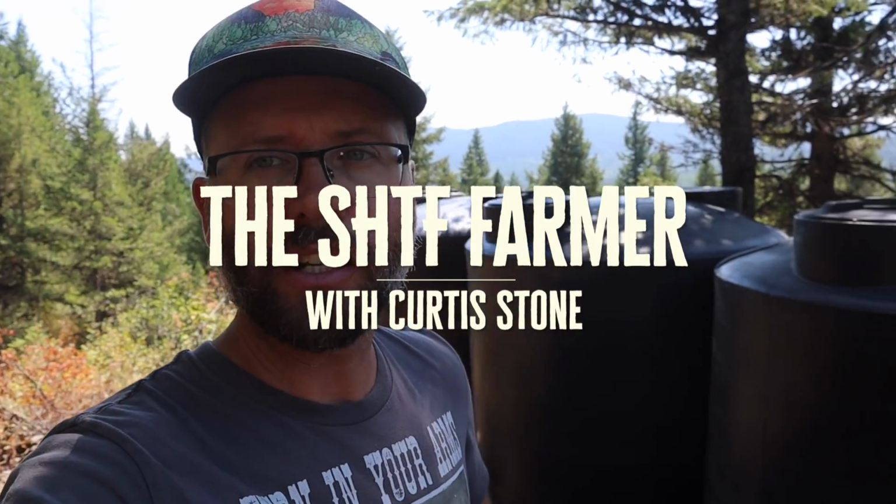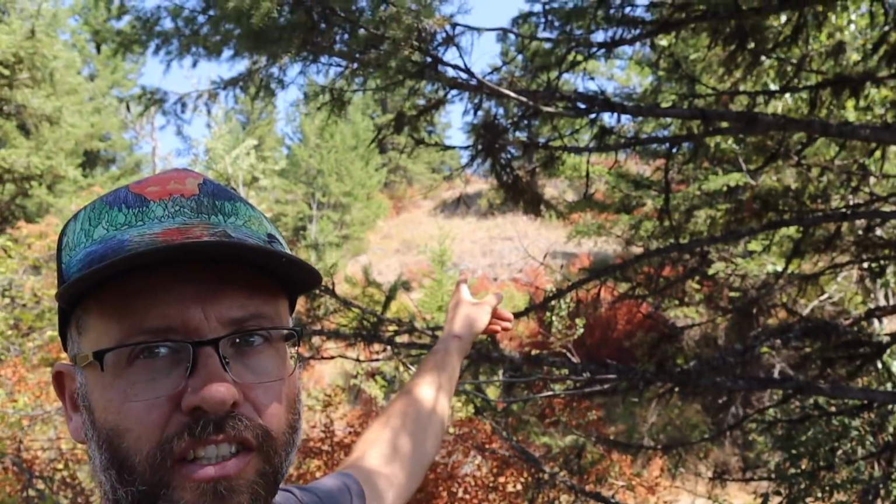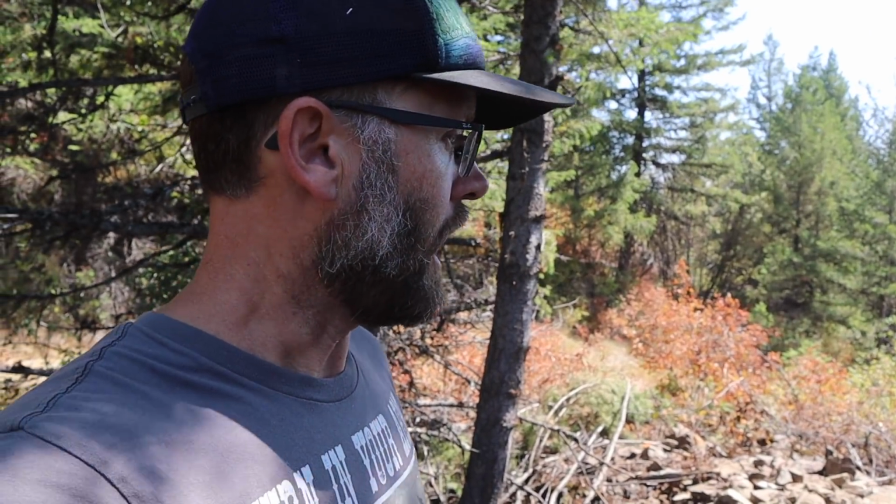I'm standing near the top elevation point of my property. Not quite the top. I've probably got another 60 or 70 feet that I could climb this way. But where I'm standing right now, I'm 85 feet above where my home site is, my power, and my well is. And in this video, I wanted to show you guys my high ground water station,